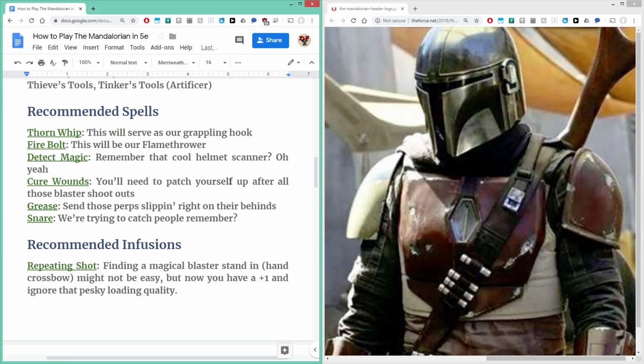And we're going to use Firebolt as our flamethrower. Burning Hands would have felt a little bit more appropriate, but the Artificer doesn't get that. And his flamethrower isn't particularly widespread anyway. He normally only blasts a single person with it at a time. So Firebolt works. So that cool helmet scanner I mentioned earlier, we're going to try and replicate that using Detect